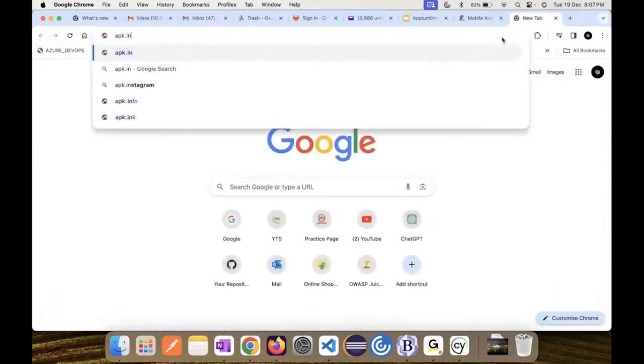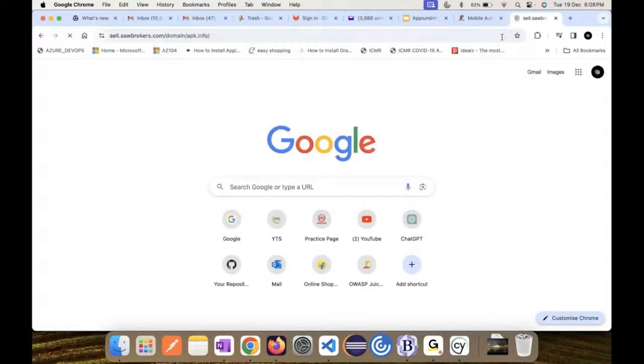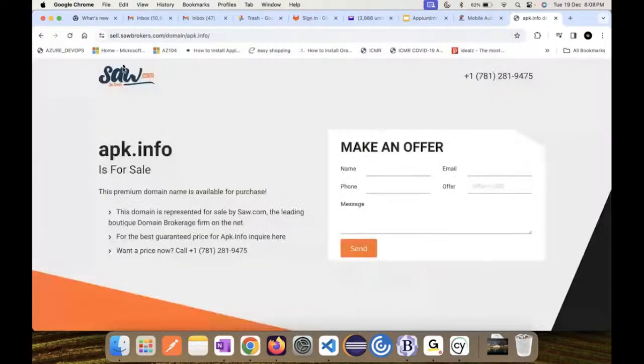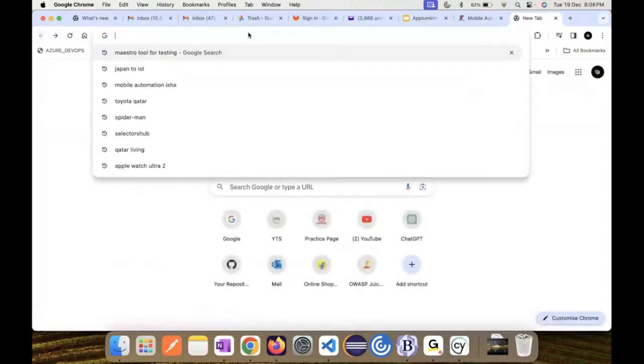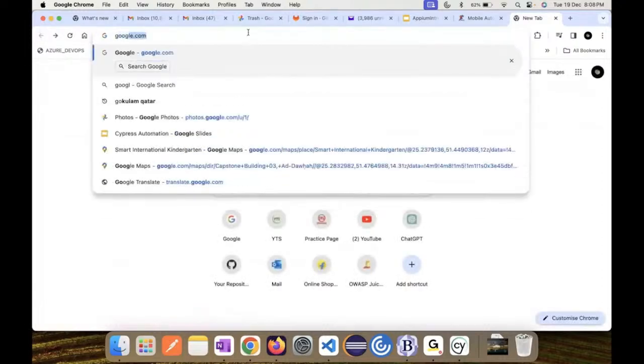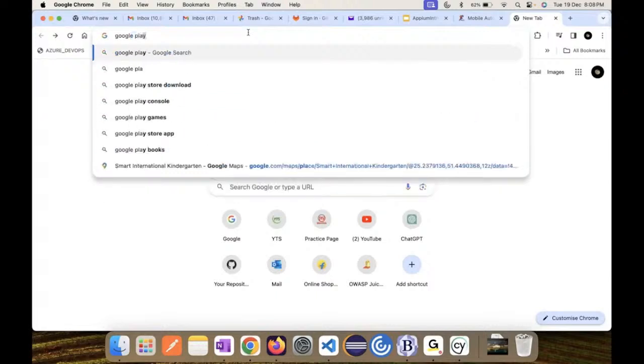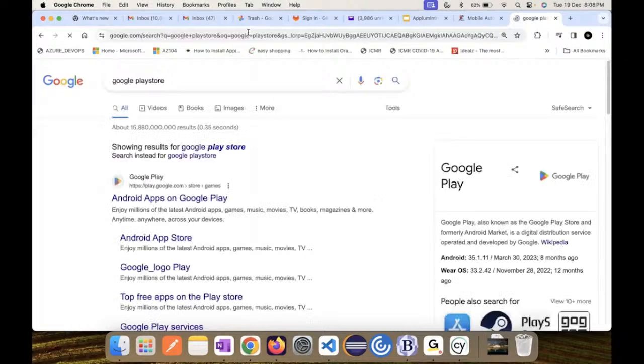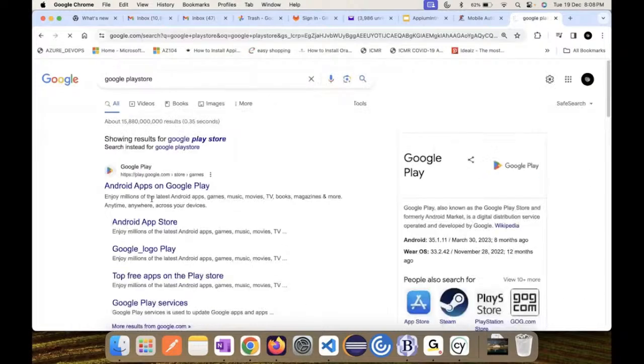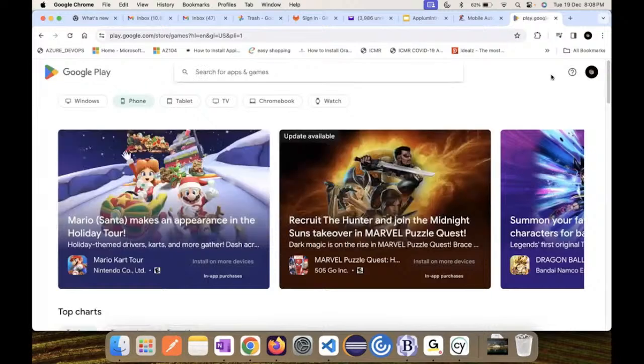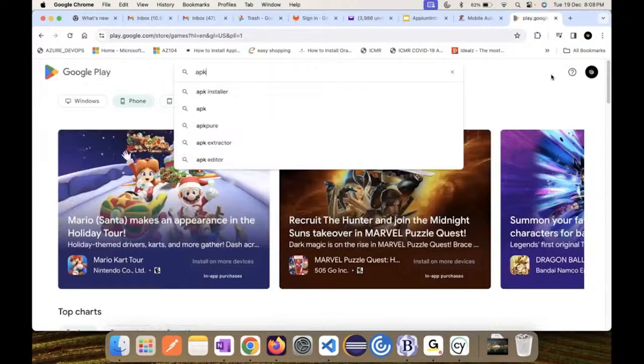APK Info. I don't know how many of you have heard about this. If you already heard about this, please comment in our chat. If you go to the Google Play Store, there is something called APK Info.